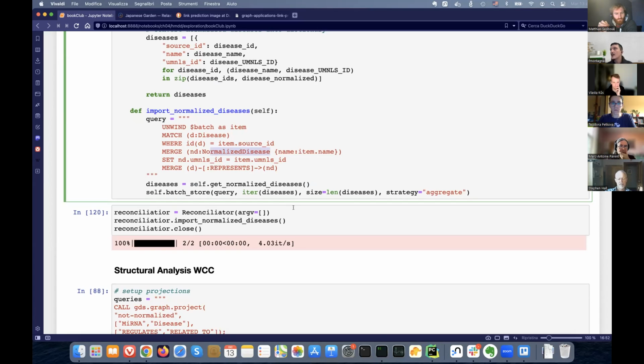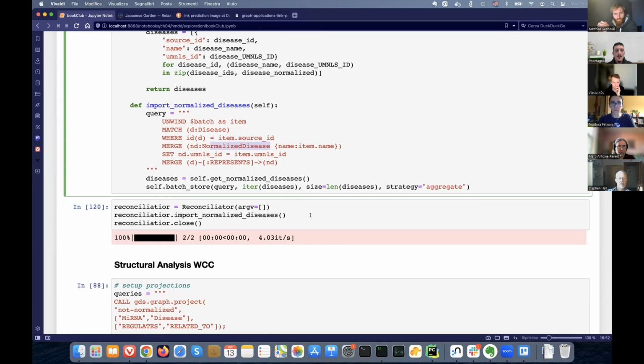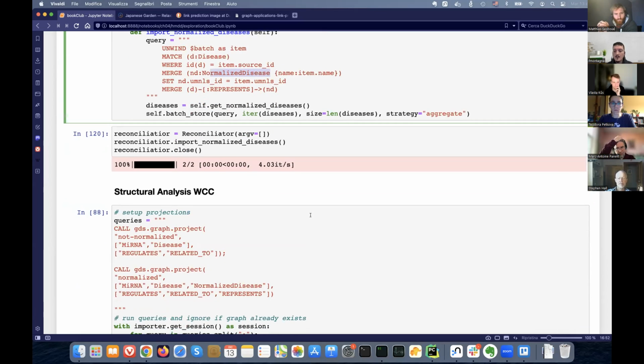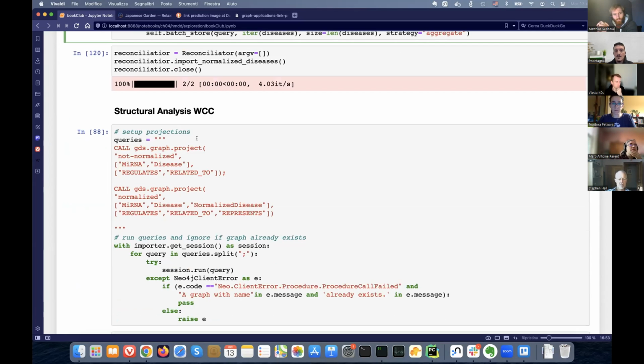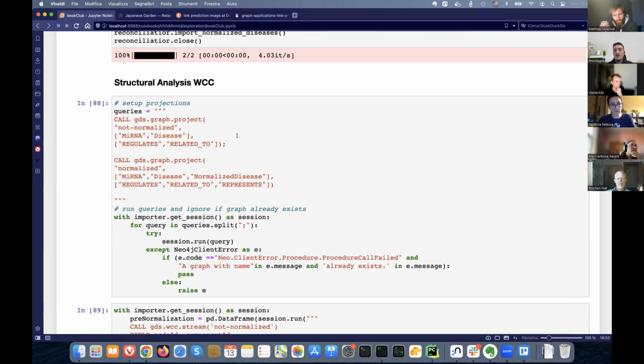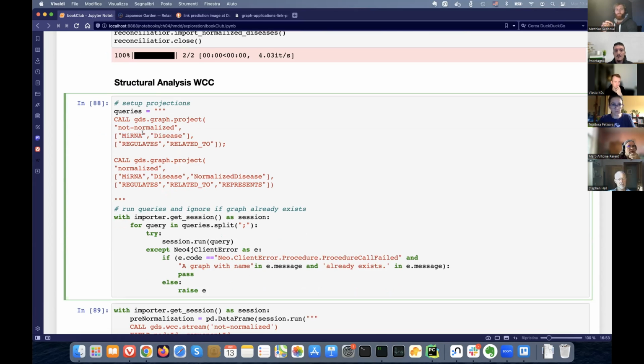So we can try to evaluate the impact of what we have done, right? Since we have created nodes connecting different diseases, we can imagine that we have connected some different subgraphs together. We can check this by running the WCC algorithm, weakly connected components, on GDS directly on Neo4j. In order to run this algorithm or any other algorithm in GDS, we have to do a projection, which means that we have to tell the library which part of the graph we are interested in analyzing, and then we can run the analysis. Here we are saying that we want to check the non-normalized version, in which